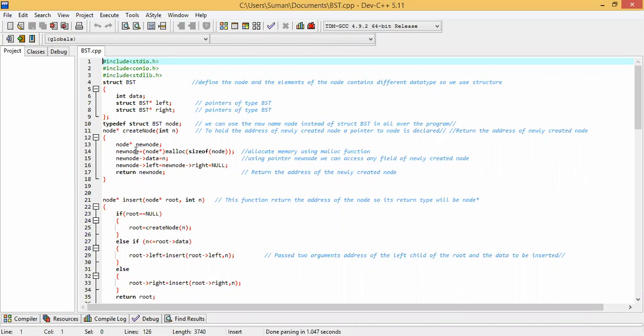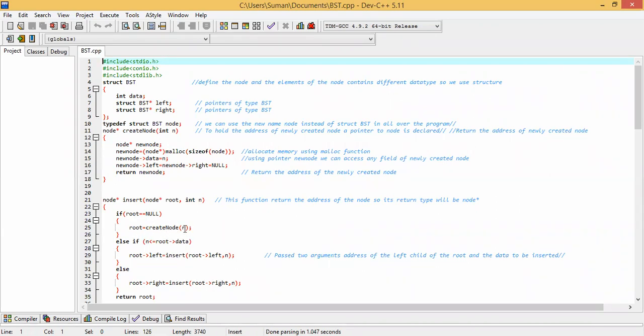After that, we will go to the main function, and in the main function we take the input values. After taking the input values, we perform the insertion function. Now, what is the insertion function taking? The insert function takes two values as parameters: one is the address of the root node, and the other is the value to be inserted. If root equals null, it means there is nothing in the tree, so we create a node, and this node will be the present root. That's why you can see create node n.